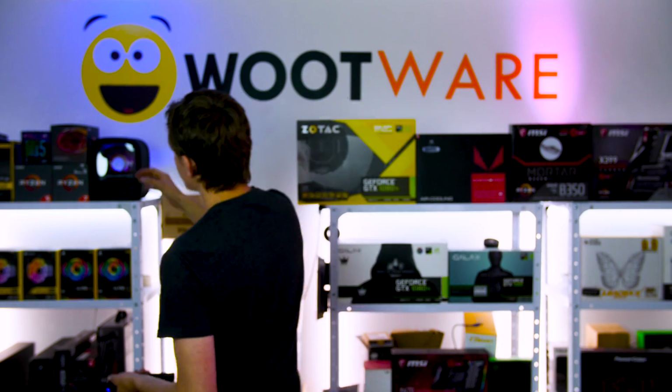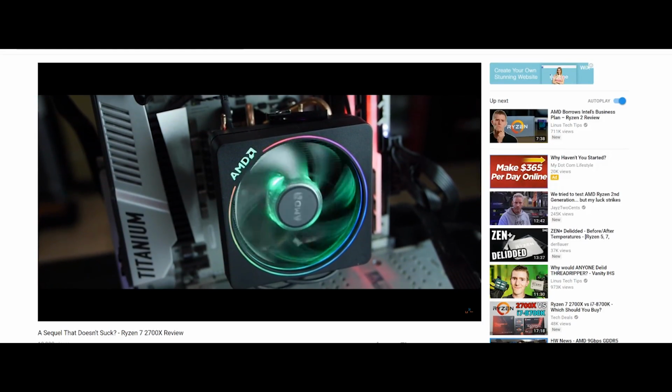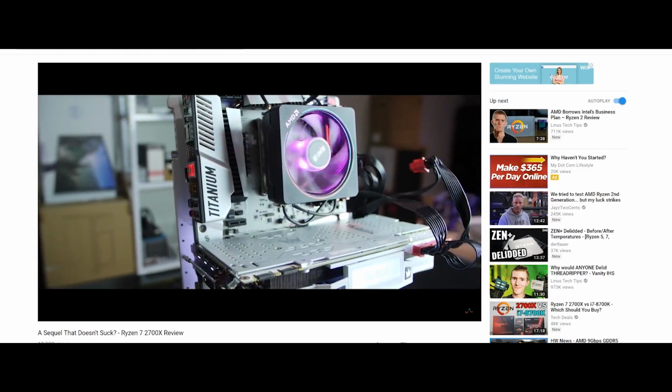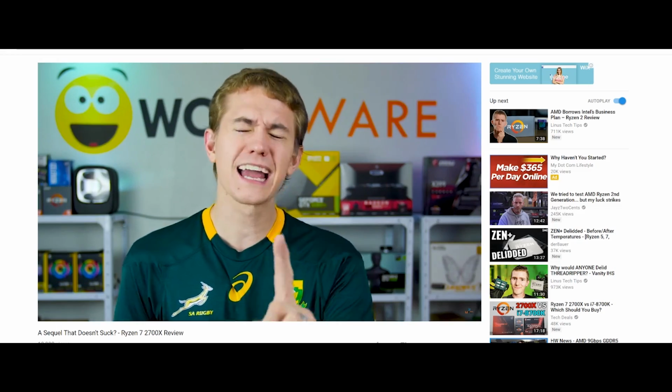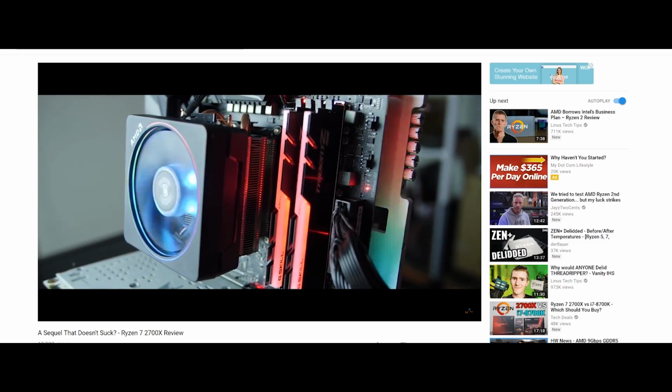In case you've been living under a rock, last week AMD finally launched their Ryzen 2000 chips, and in our review of the flagship Ryzen 2700X, we found it to be a pretty worthy successor to the 1700X and even 1800X. It performs phenomenally well in multi-threaded tasks and even semi-significantly boosted gaming performance compared to last gen, but